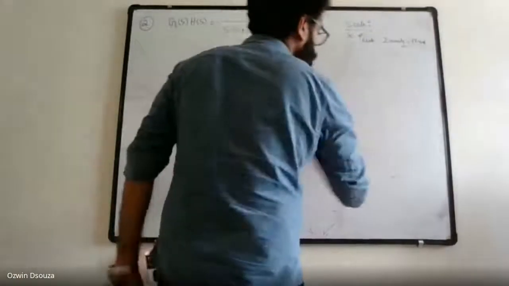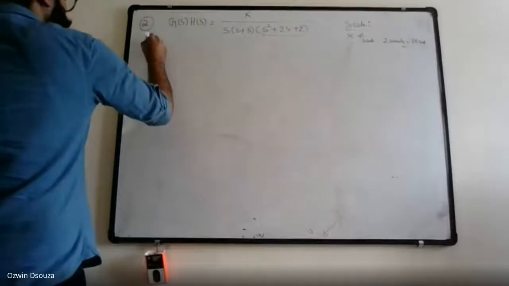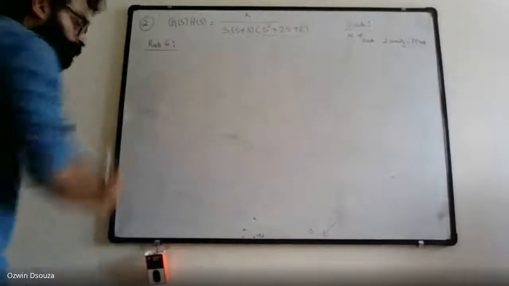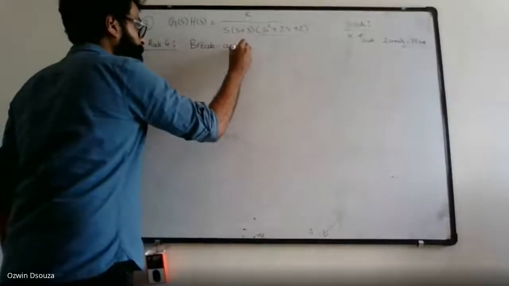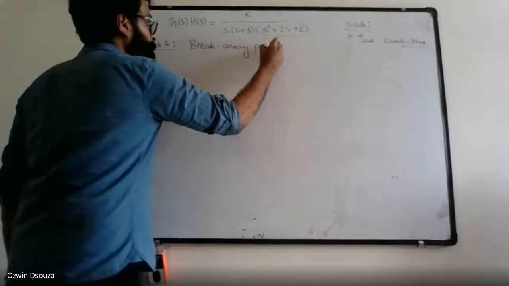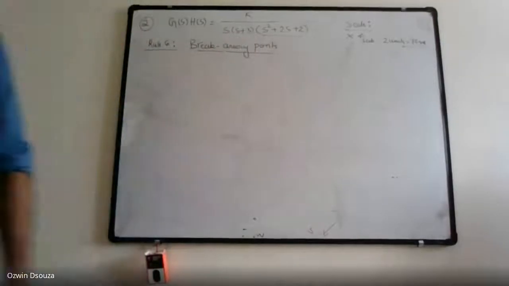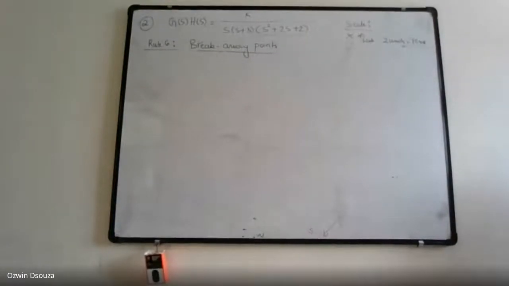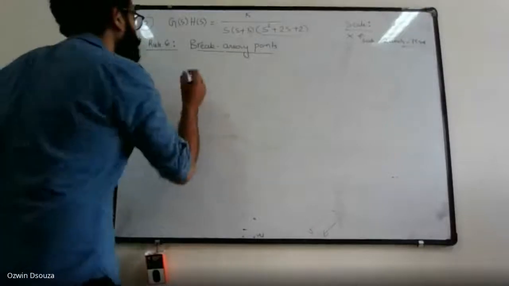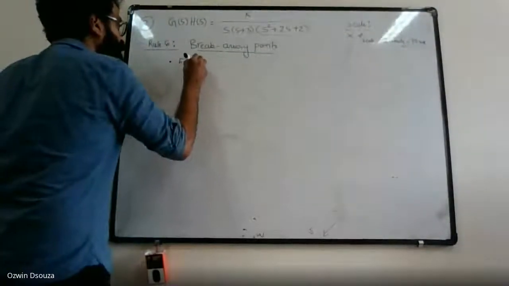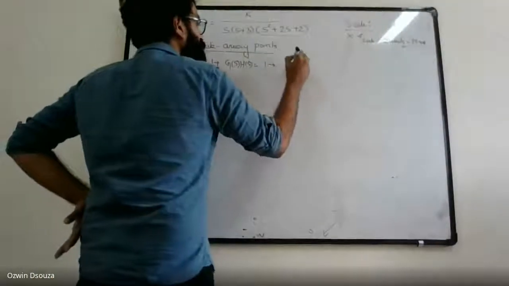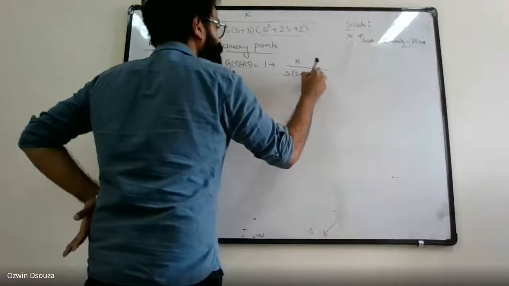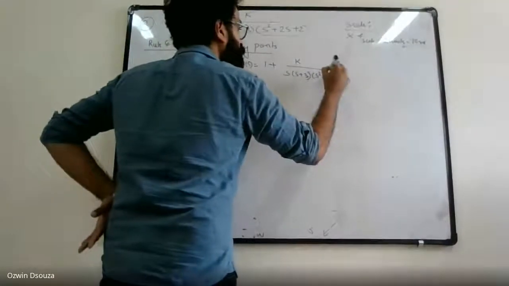Rule 6, what is it? Breakaway point, I guess. Rule 6, you can write breakaway points. To find breakaway points, you must first find the characteristic equation f of s. So f of s is 1 plus g of s into h of s. That is 1 plus k divided by s into s plus 3 into s squared plus 2s plus 2,